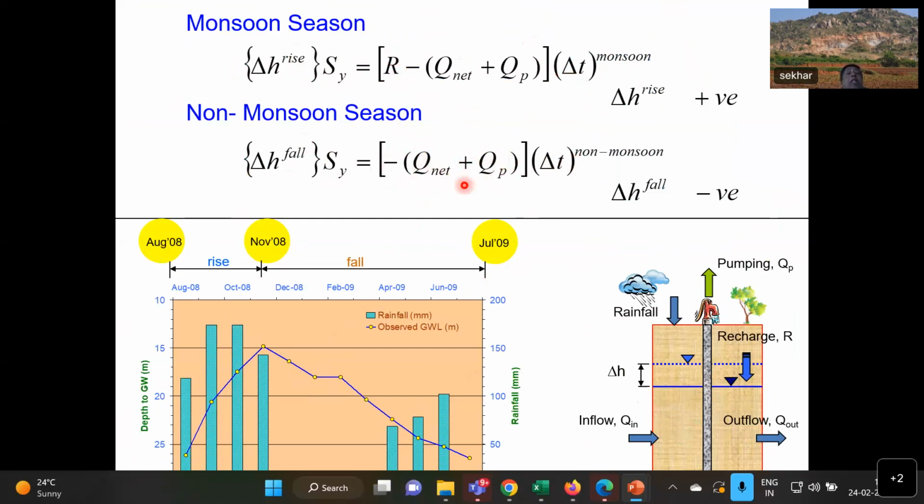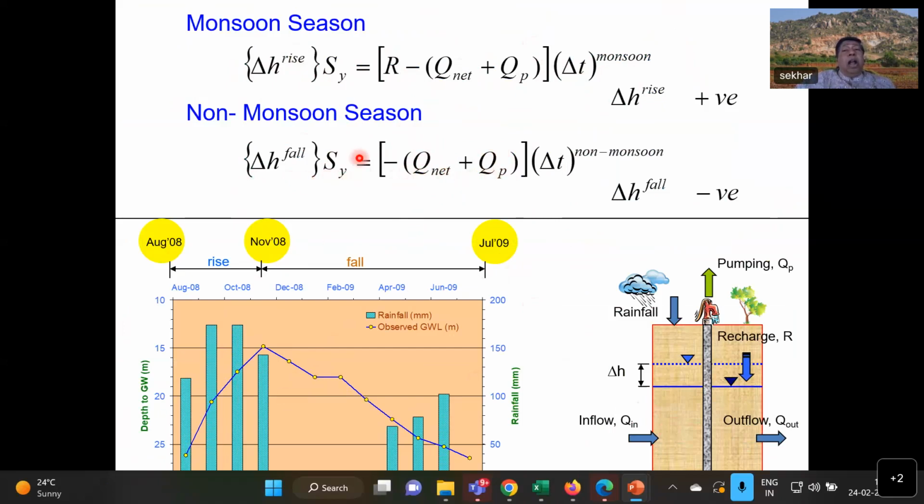and say this is the only parameter. The idea is that in some places, mostly Rabi Kharif, good irrigation, let's say you are in areas like Punjab and things like that, my QP will be the same in the rainy season and in the non-monsoon season, because I have a rice-wheat system, or maybe I am in intensity of cropping in irrigation systems, or in urban areas, my QP is more or less the same every day. I pump the same amount of water. So the idea is to get a handle on QP plus QNet, that is one angle. If you have a better understanding of QP and QNet, you can substitute and then obtain an SY. The national methodology says to estimate SY using the second equation, where QNet and QP can be estimated by other means, and then apply SY